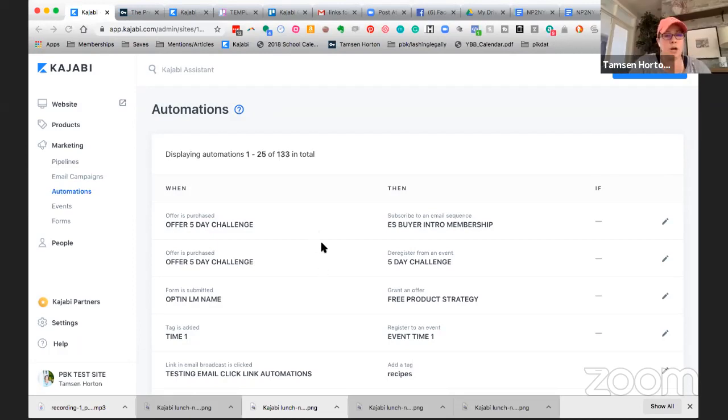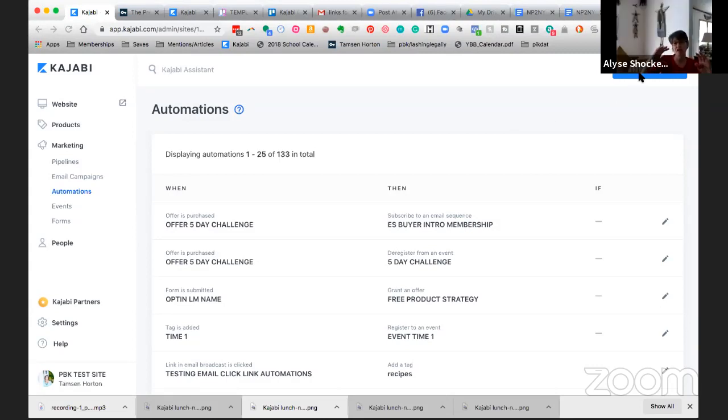Yes, in her situation, she wants to get them off of the event. Her emails are in her event. Right. So if I'm under email campaigns, that's a whole separate thing. What I was asking is just to clarify, what you're talking about now lives under events, this email sequence, correct? Yep, it is.